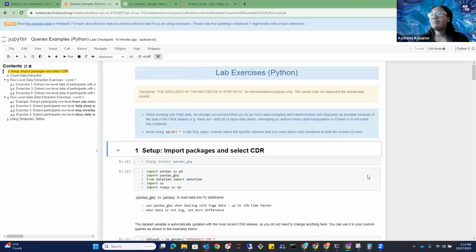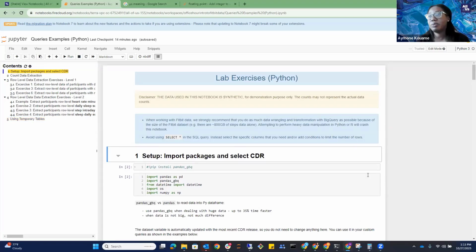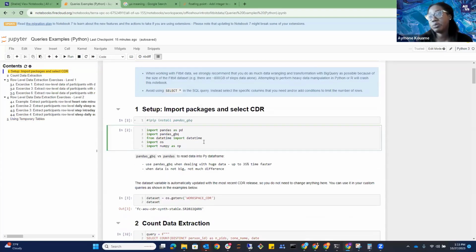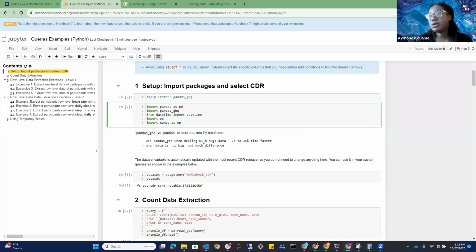Right, so this is a Python notebook, and I'm going to show you a few ways that you can query row-level Fitbit data using some aggregation. So the first thing that you need to do in any notebook is to install your packages or import the packages, and we're going to import a few here. You notice this is a package that also allows you to read data from SQL into Python, just like Pandas does. It's a variation of Pandas, except it's